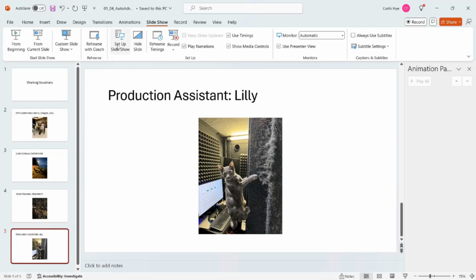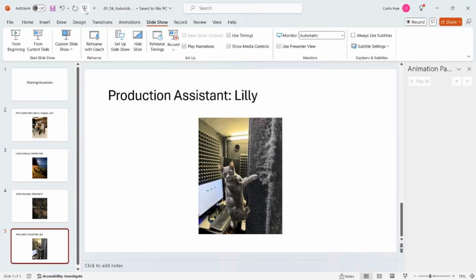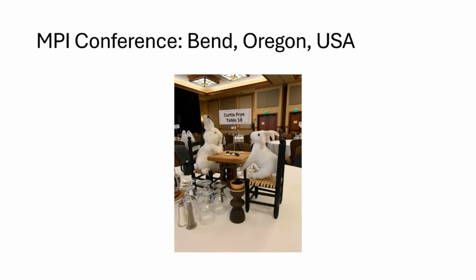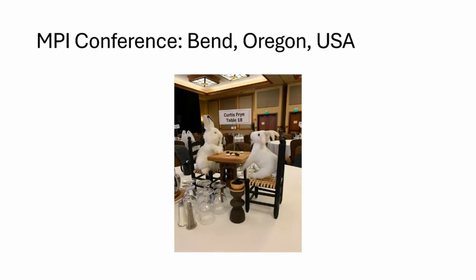again, we're on the slideshow ribbon tab. Click there. And at the top right, we have show slides. I can either do all or I can do from and give a range. In this case, I'll do from 1 to 4. So I will click the down arrow on the spin control. And if I only wanted to show from 2 to 4, then I could do that as well. In this case, I do like having the title slide Working Vacations. So I'll go back down to 1, click OK. And sorry, Lily, but in this version of the presentation, we are only looking at places where I have traveled. So Bend, Oregon, Lake Geneva, the Vasa Museum, and back to Working Vacations, which is my title slide,